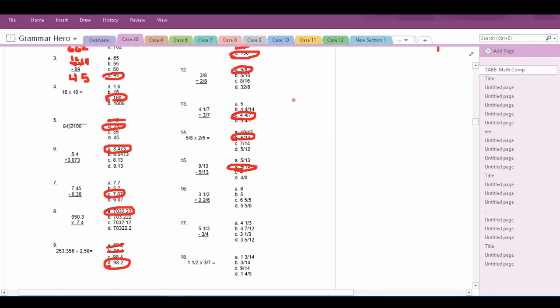So for 16, we have 3 1/2 plus 2 2/6. So let's go ahead and write it over here. 3 1/2